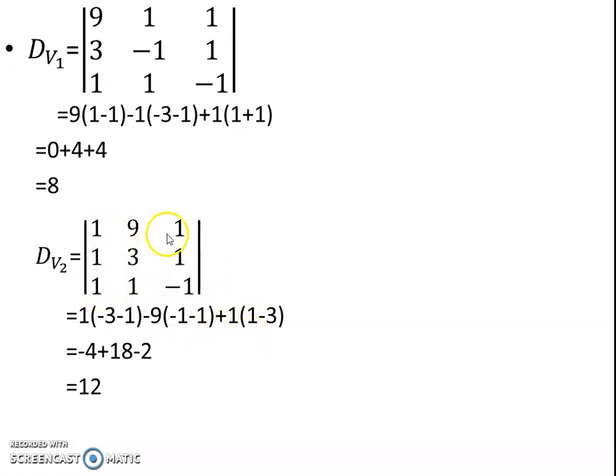So we have to skip the first row and last column, skipping. So 1 into 1, 1, 1 into 3, minus 3. So we have to simplify, minus 3 into minus 3 minus 1, minus 4 into 1, minus 4. Minus 1 minus 1, minus 2. Minus 2 into minus 9, that is plus 18. And 1 minus 3, minus 2, minus 2 into 1, minus 2. So the final answer is minus 4 minus 2, it is minus 6. 18 minus 12, that is 6. No, it is 12.